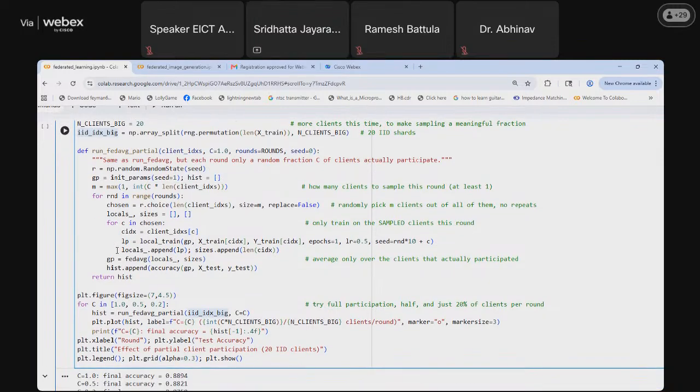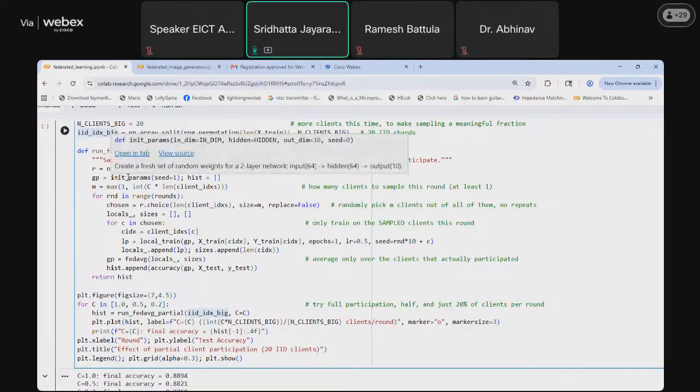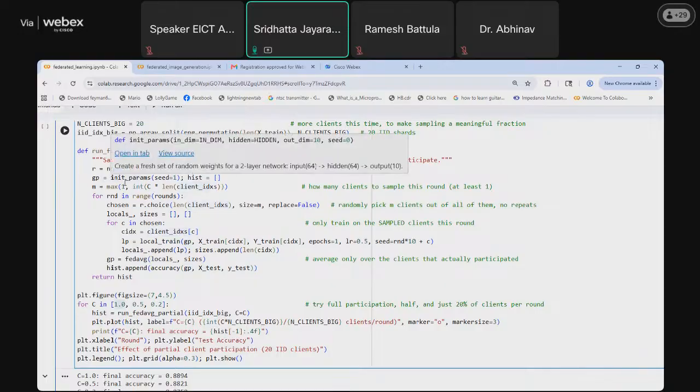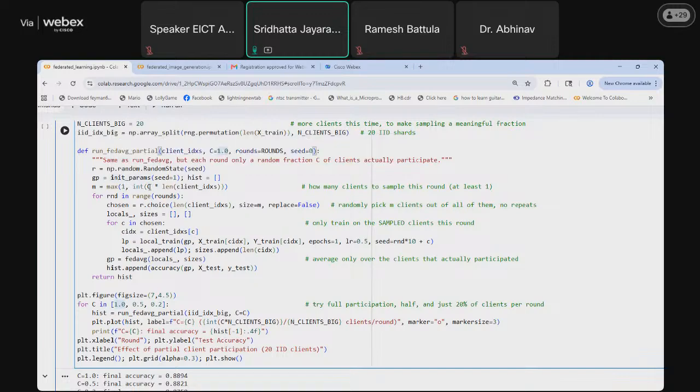The catch is that we will be simulating the availability of clients. This availability of clients is controlled by these client indexes, and C is the number of clients that are available. So percentage wise, we'll be simulating it.